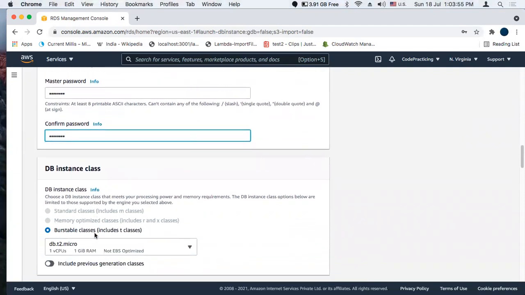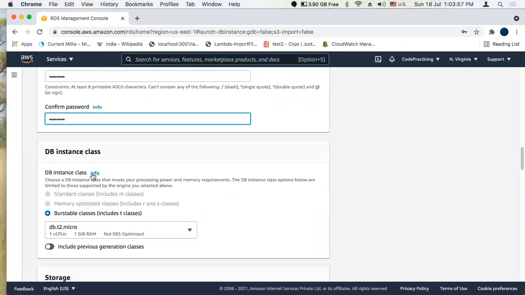Next is DB instance class. Choose a DB instance class that meets your processing power and memory requirement. Here we have an option of a burstable class that includes T classes.